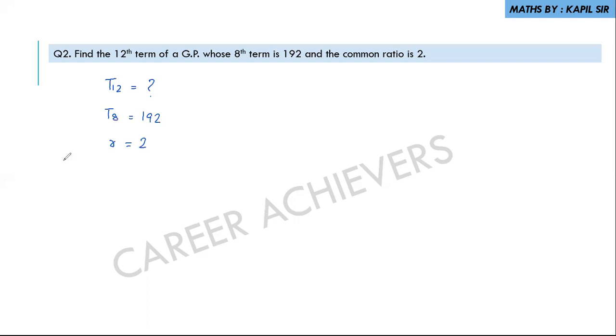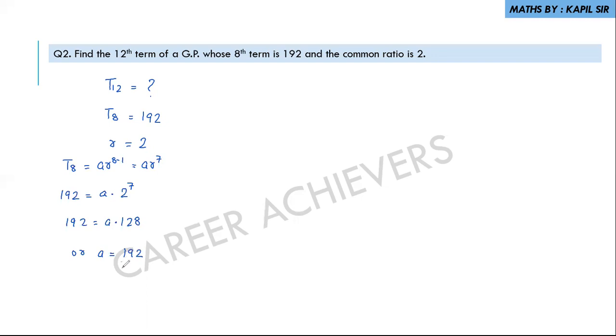Now we know that T8 is equal to a r to the power of 8 minus 1, or a r to the power of 7. Values put करते हैं. 192 equals a into 2 to the power of 7. Now 2 to the power of 7 is 128. So 192 is equal to a into 128,